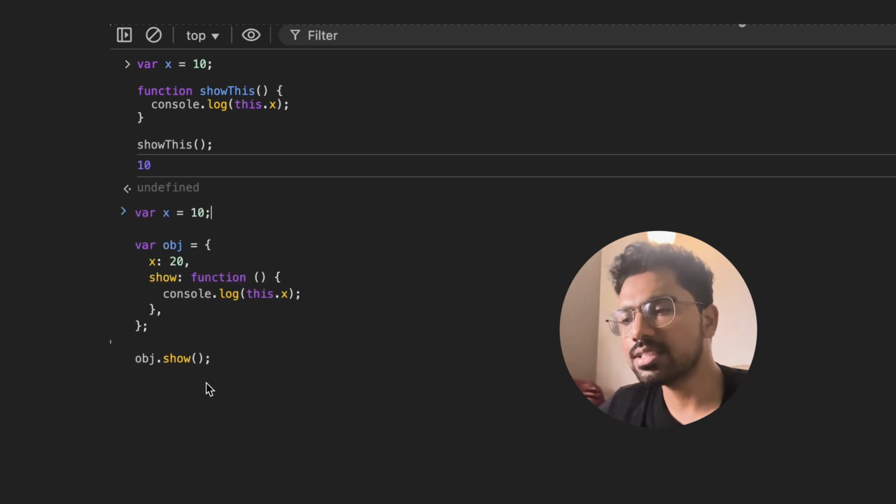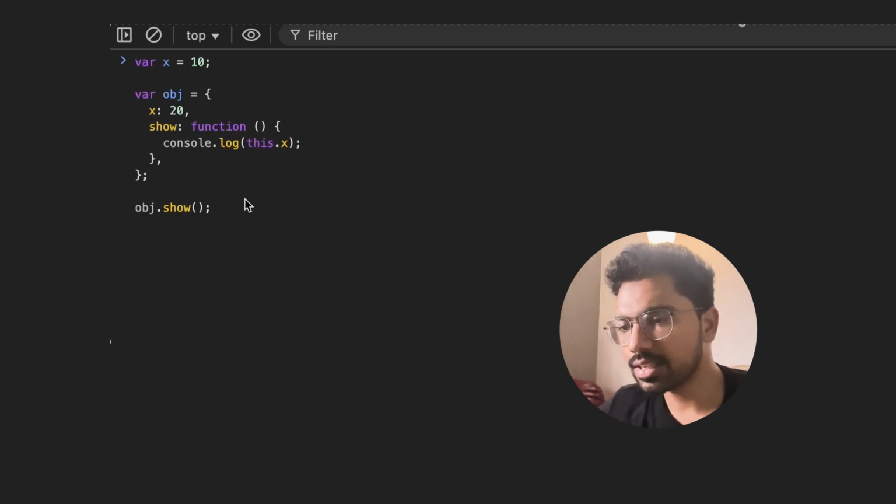Alright, now let's deal with another code snippet. In this code snippet, you can clearly see that we have an object obj and we are declaring attribute x to the value 20. Then we have another method show and we are calling this show method on this obj. Here the show function is basically a normal function.